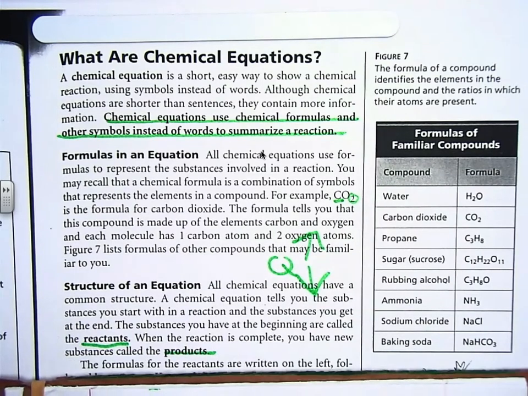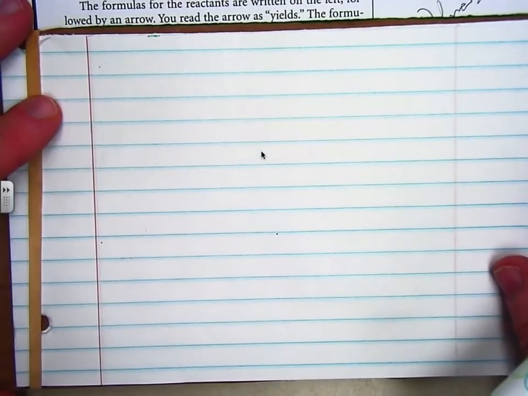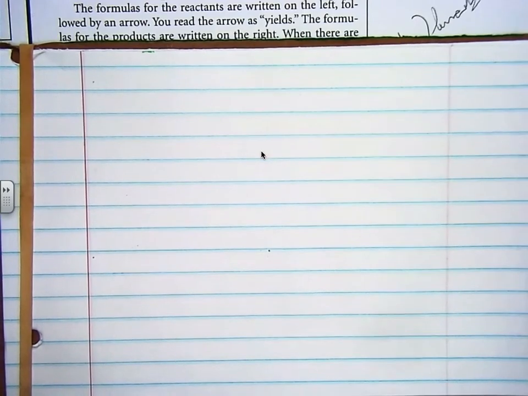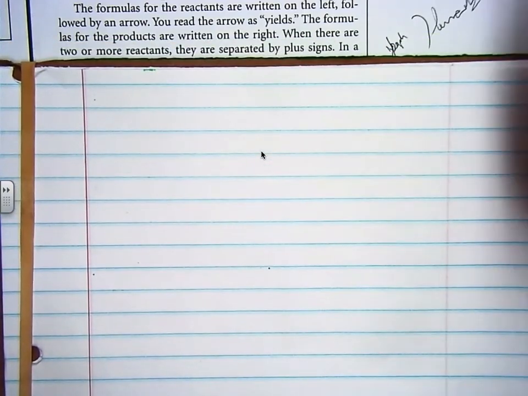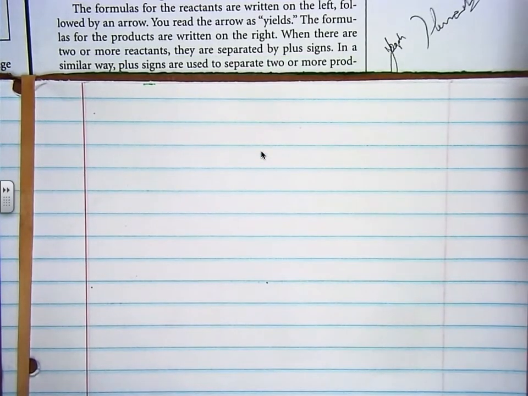The formulas for the reactants are written on the left, followed by an arrow. You read this arrow as yields. The formulas for the products are written to the right. When there are two or more reactants, they are separated by plus signs. In a similar way, plus signs